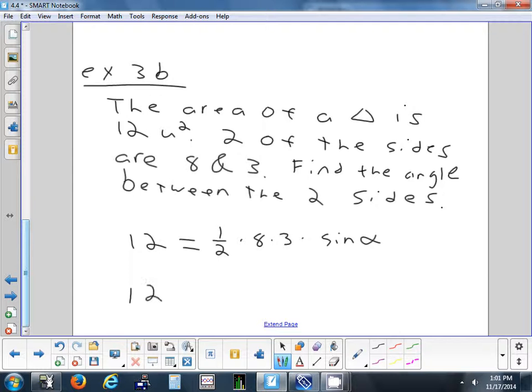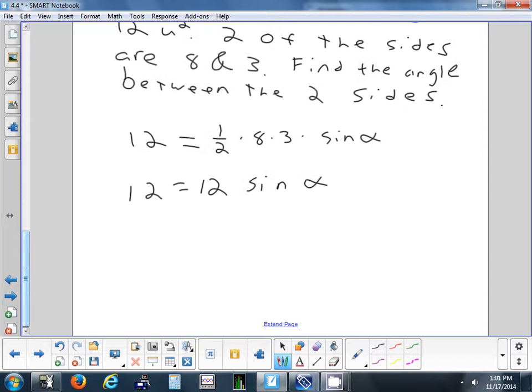All right, so we get 12 equals, what's half of 8 times 3? 12. So we get 12 equals 12 times sine alpha. Okay, what would be my next step? Yep, divide each side by what? 12? Why is it 12? I mean, why is it alpha? You could pick any variable for the angle. Okay. Could be anything. 12 divided by 12 cancels, and what do you got? 1. So 1 equals